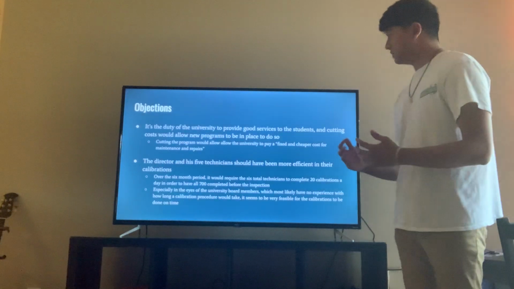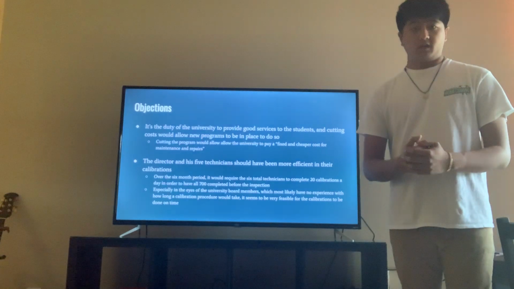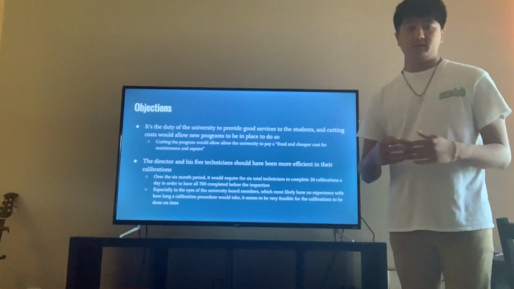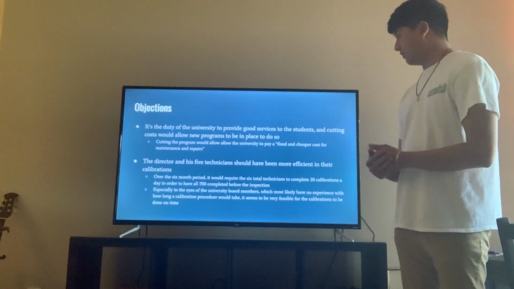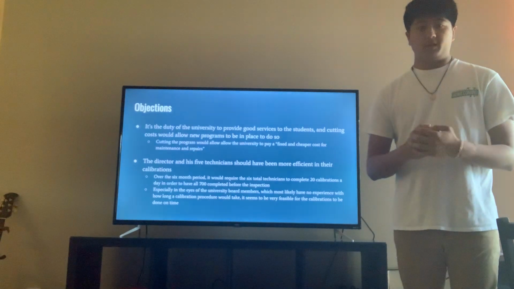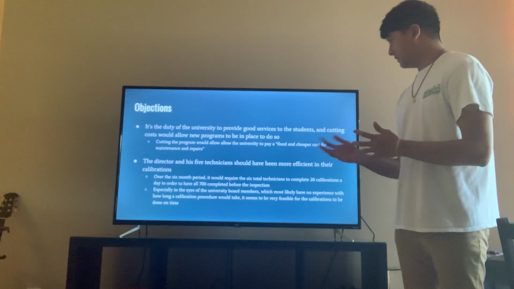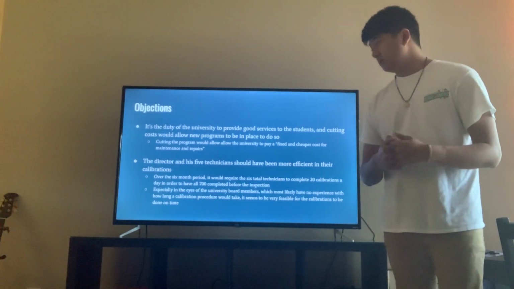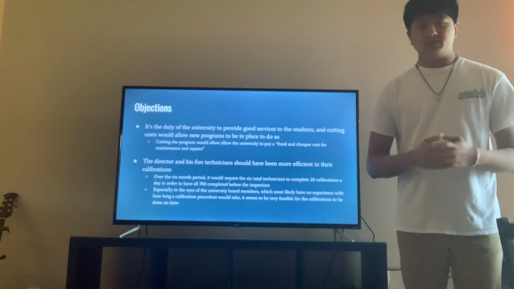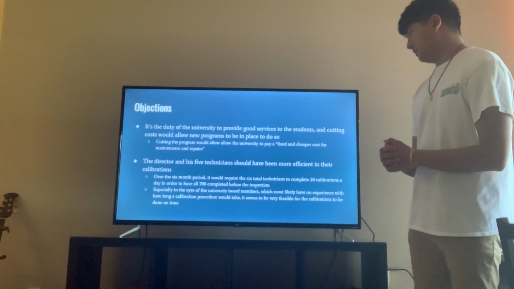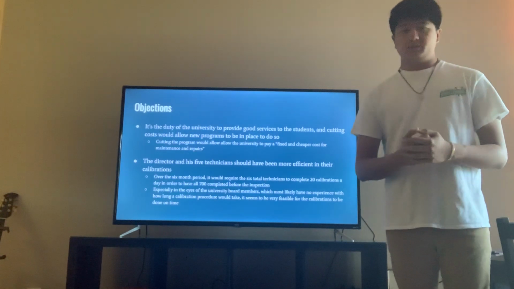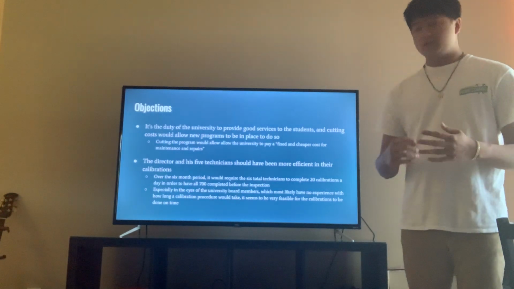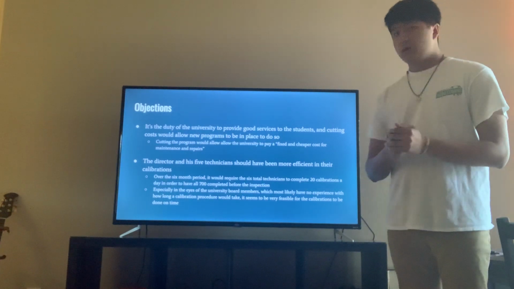Some objections that you could use to counteract the arguments that I've made thus far would be that the university could provide services and other programs if they were to cut out the biomedical engineering department. It was stated in the article that cutting the program would allow the university to pay a fixed and cheaper cost for maintenance repairs. And also, after doing some math, it looks like the director and his 5 technicians should have been able to complete all 700 equipment calibrations within the 6-month period. They would just have to complete 20 calibrations a day. But